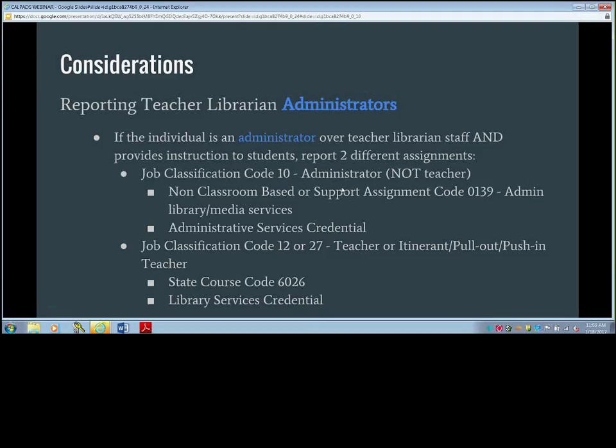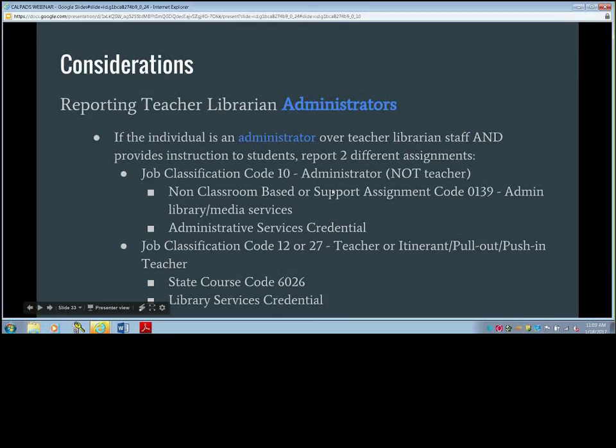If the person actually does have the teacher librarian credential and an administrative services credential and a teaching credential, right, they would be able to be reported by specific FTE, full-time equivalency, by job classification as a teacher and as an administrator. So you can submit both of those assignments. Terrific. And that's pretty common. That is out there quite a bit. Right.